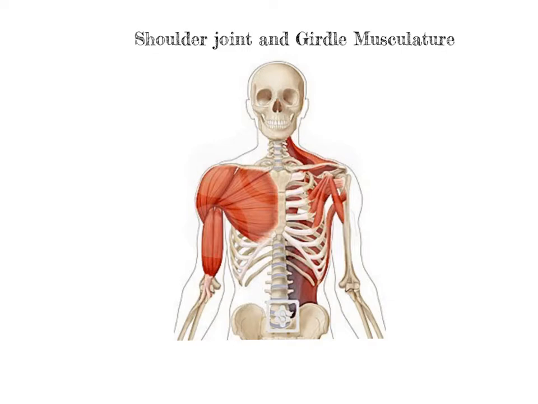This video is reviewing the musculature of the shoulder joint and the shoulder girdle. To start with, we need to remember that the muscles can only pull on the bones, they cannot push. So the muscles must be located on the side that the bone is moving towards. For example, when we talk about shoulder flexion, the muscles causing that have to be on the anterior side of